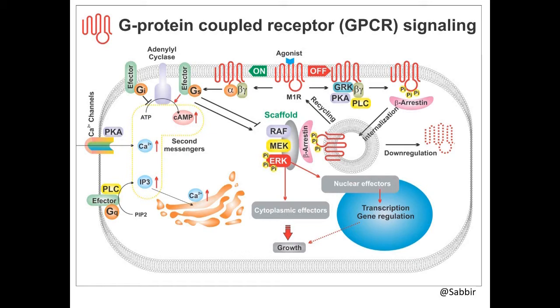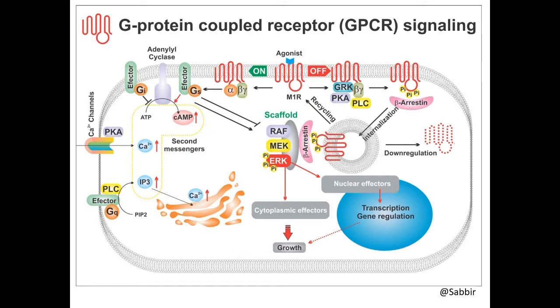G proteins. Activated G-alpha then binds to its effector and activates adenylyl cyclase, which generates cyclic AMP. The increased cyclic AMP then binds to protein kinase A and activates the kinase, which in turn activates calcium ion channels present on the membrane, and that causes influx of calcium ion inside the cell, increasing the cytosolic calcium ion